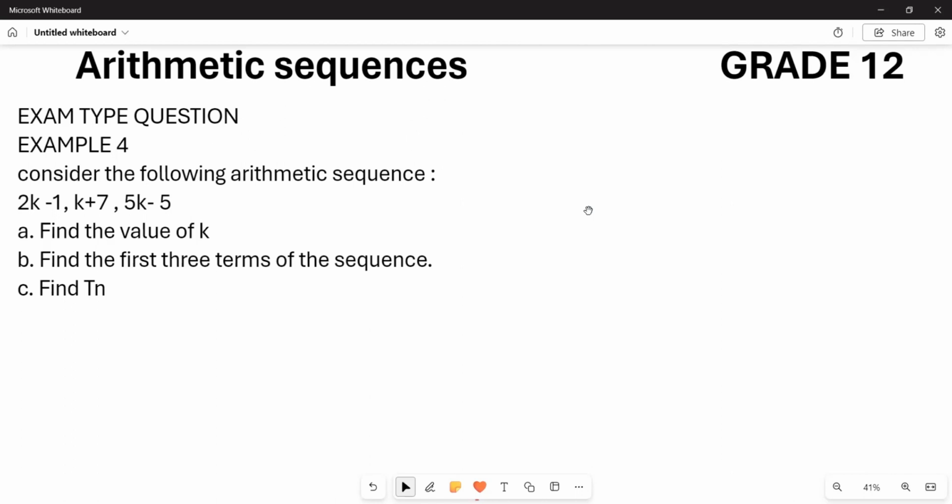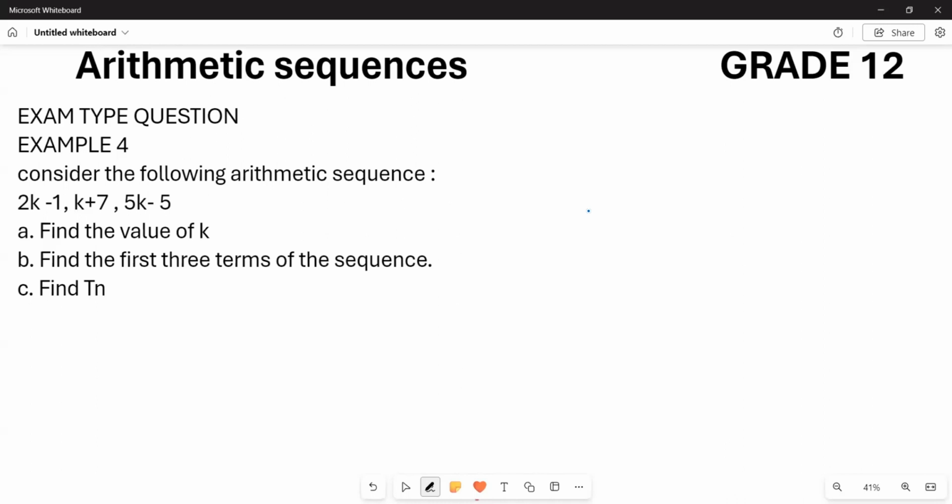Basically, we are still looking at our arithmetic sequence, and we are going to be checking out this particular equation and see what we can do here. Now, to begin with, the first question requires us to find the value of k, right? So if you look at what we are given,